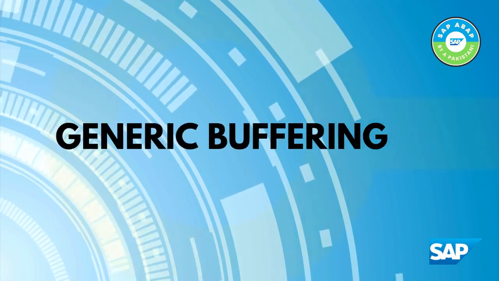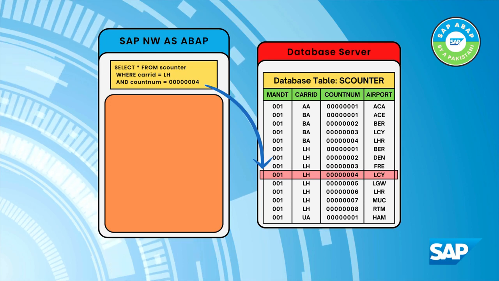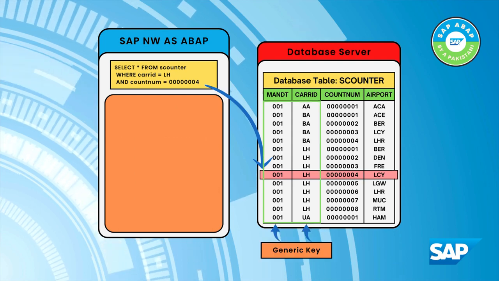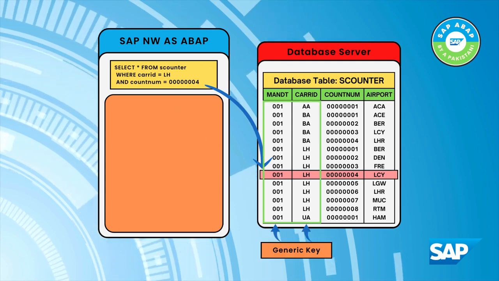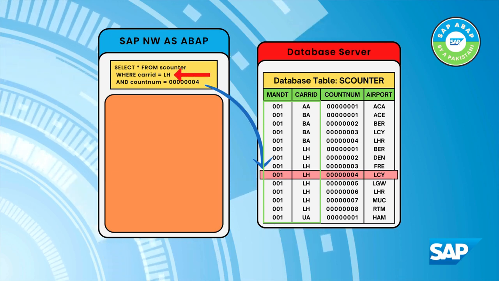Generic buffering. When one record of the table is accessed, all the records whose generic key fields agree with this record are loaded into the buffer. The generic key is a left justified part of the primary table key. The generic key must be selected so that the generic areas are not too small, which would result in too